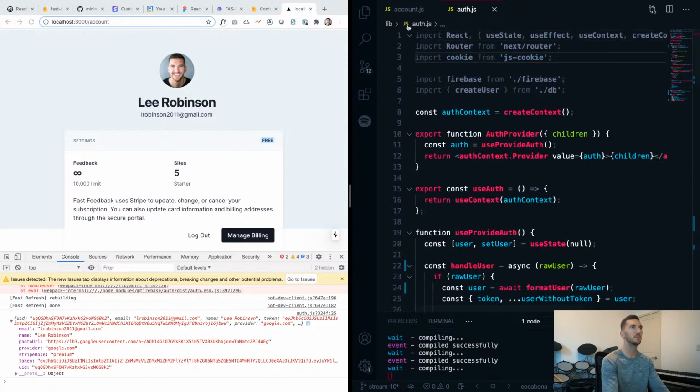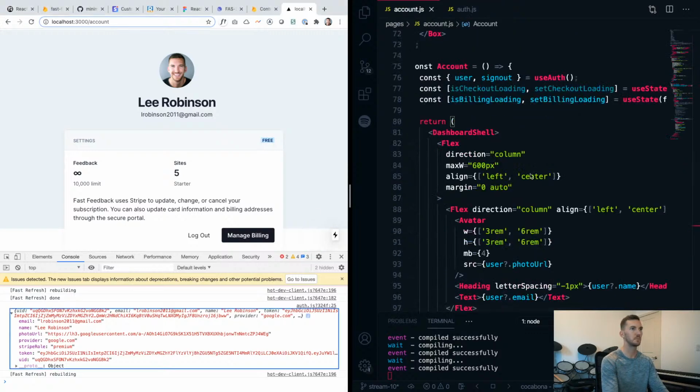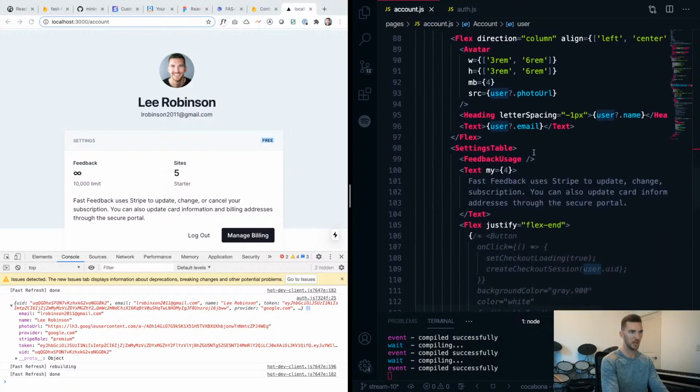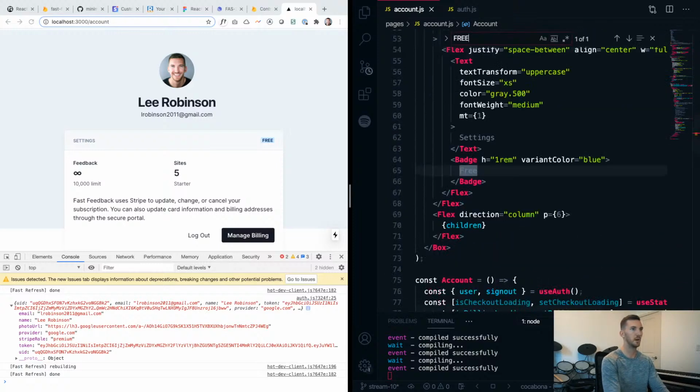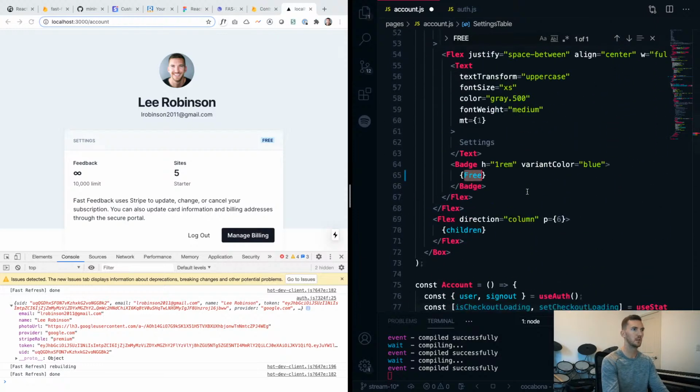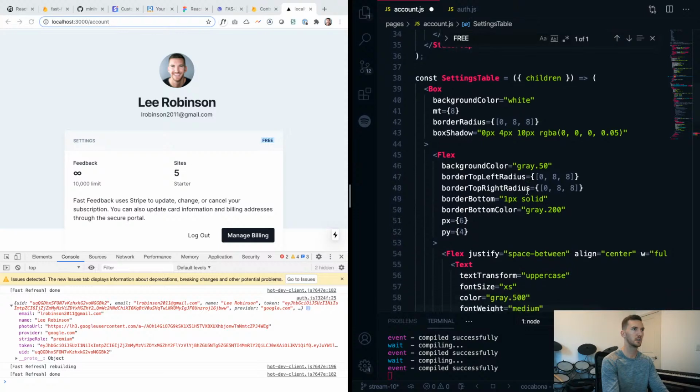For now, I'm going to leave it, but it's something to consider. So inside of here, we have context of the user, and somewhere in here, I'm hard coding free. So what we really want to do is render out